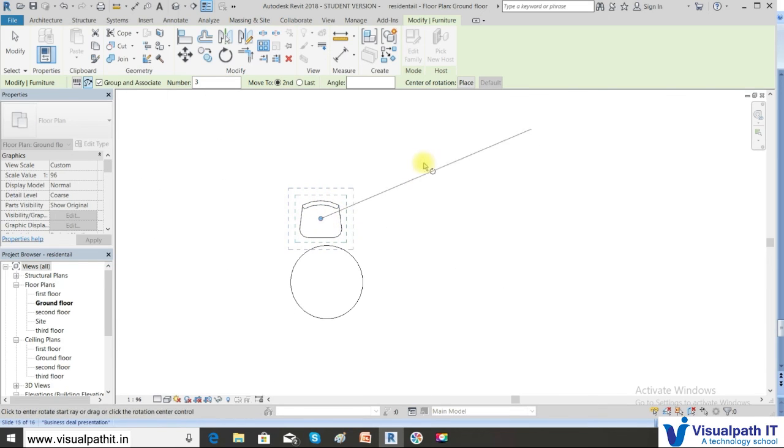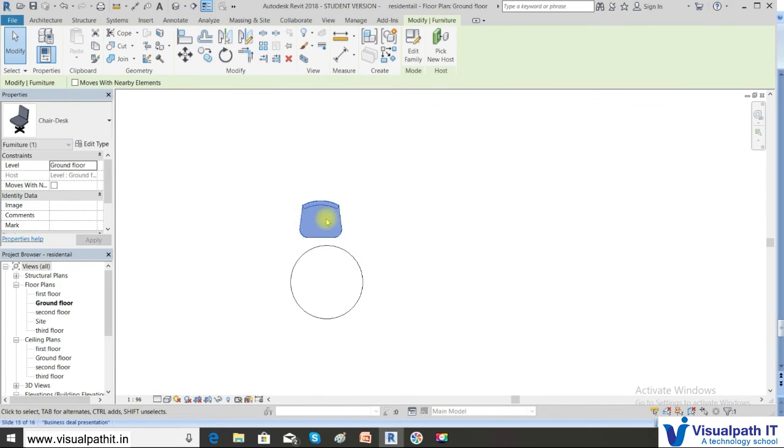So now I want to place the center of rotation, moving it from here to the dining table midpoint. Okay. So once I move this midpoint, you can see the row number is 3 here and move to second.